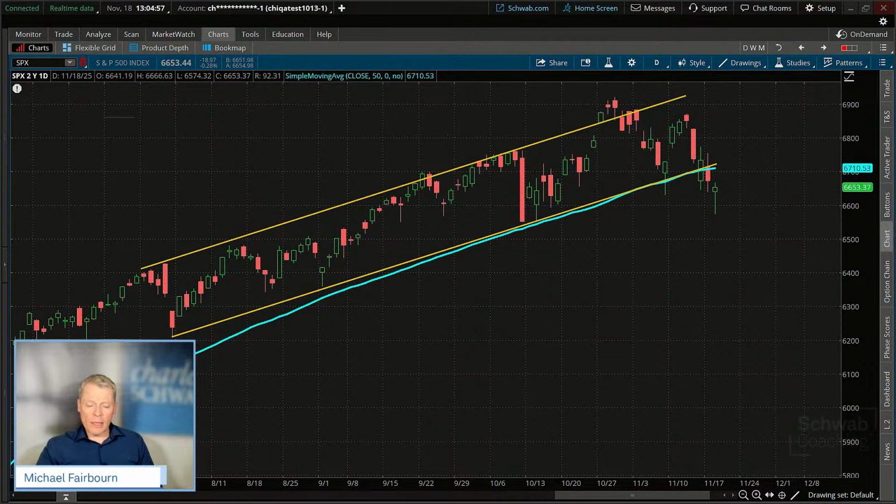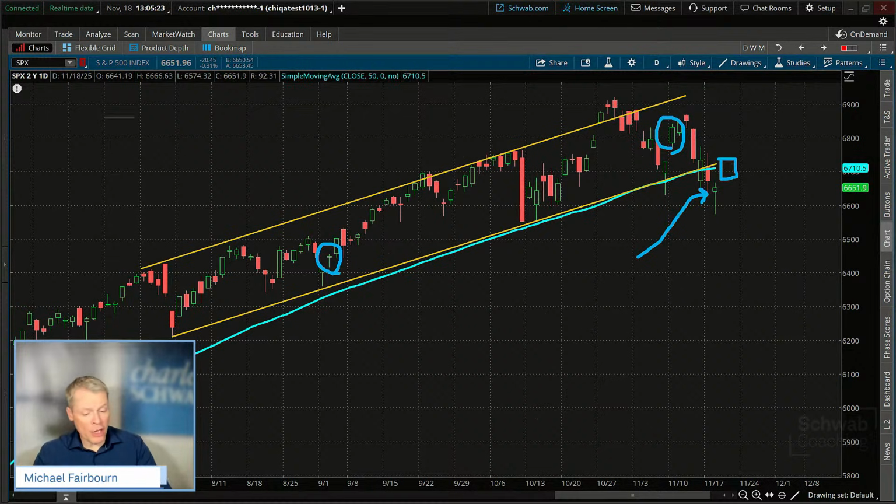So one of the things that can help us to understand whether it will fake or continue on is the very next day. This is built into a lot of different candlestick charting analysis, and that is just what happens the next day. Do we close higher the next day? Here's another example right there of that hammer pattern. And we don't even know if it's going to be a hammer. There's still about an hour left in today's trading day. But do we close higher the next day? That's your read on the confirmation.